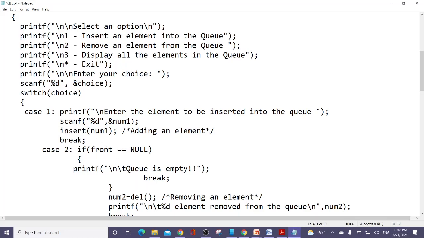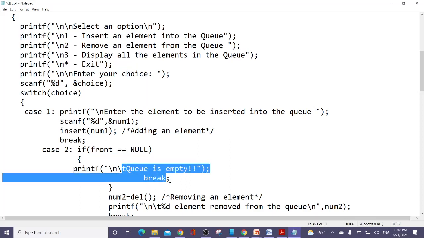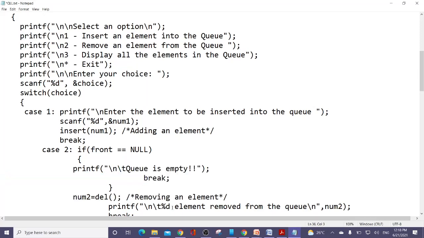If it is 2, then 2 means removing of the element. If the front is equal to null, it means the queue is empty. If the queue is empty, automatically you break, you stop. You don't go further. If it is not, you call the del function.